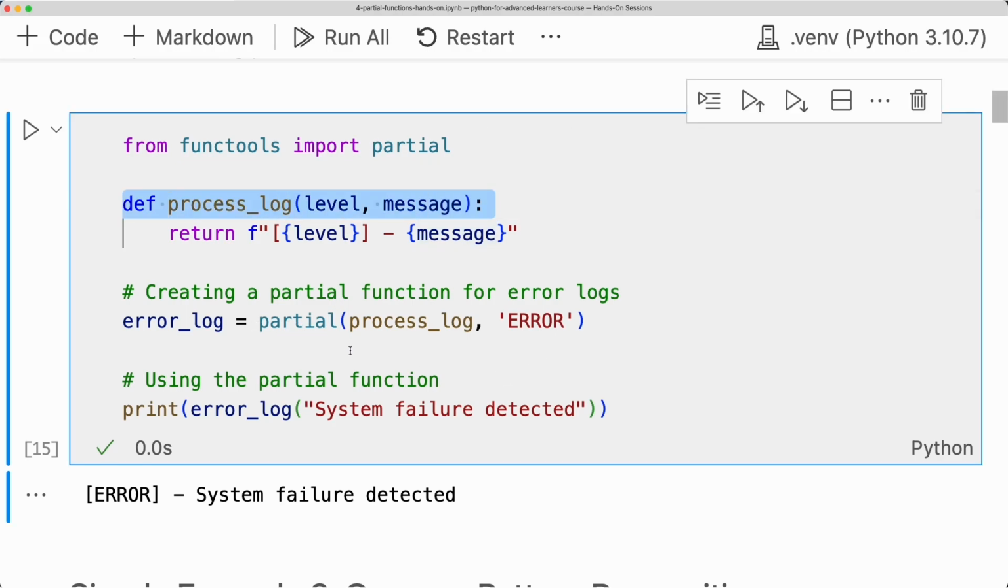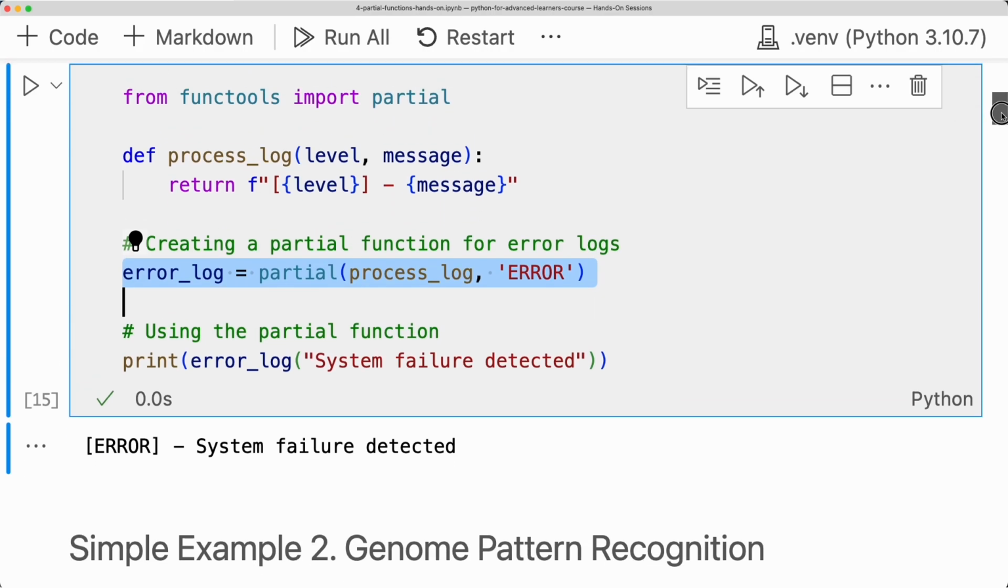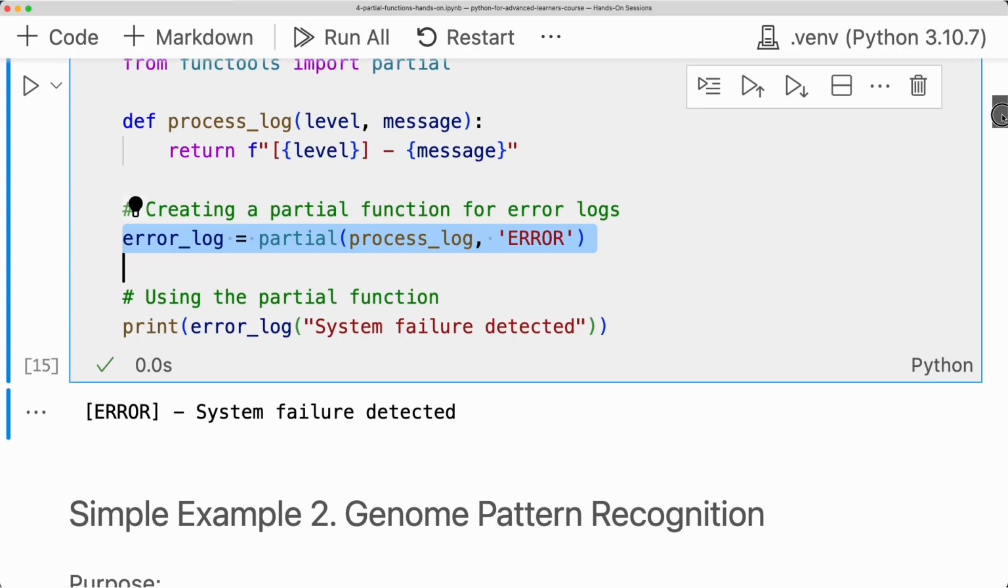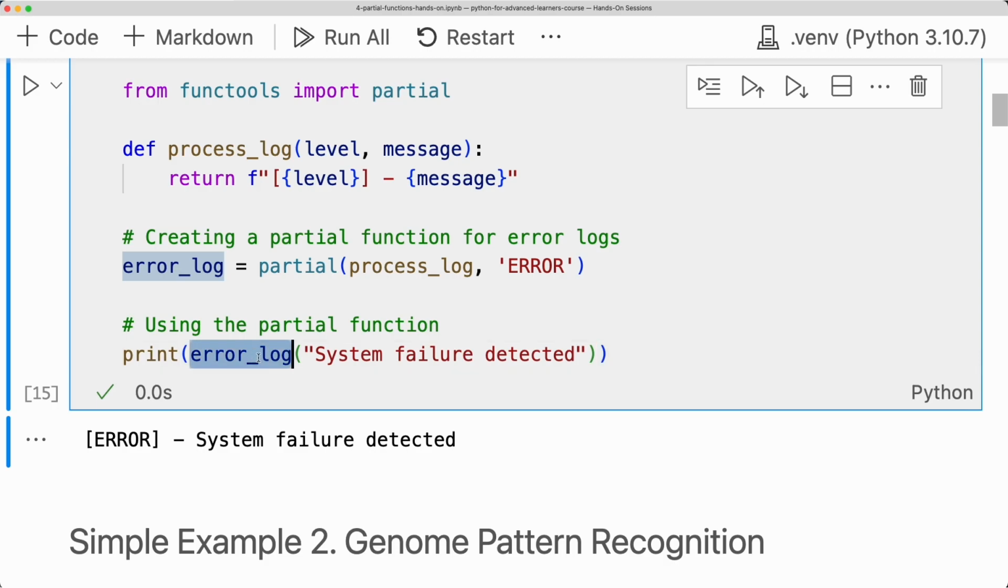In a typical log processing scenario, you might have different log levels like error, info, or debug. Instead of specifying the log level every single time, we use the partial function imported from the functools module that allows us to preset some of these parameters. In this case, we create a new function called error_log that is a version of process_log with the level already set to error. This makes it easier and more efficient to log error messages as you don't have to specify